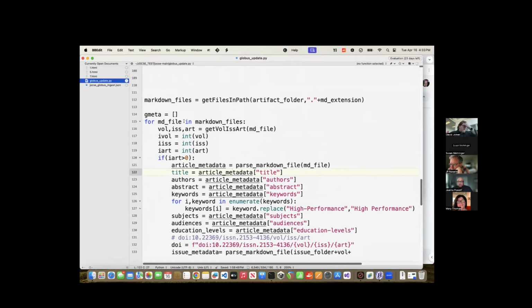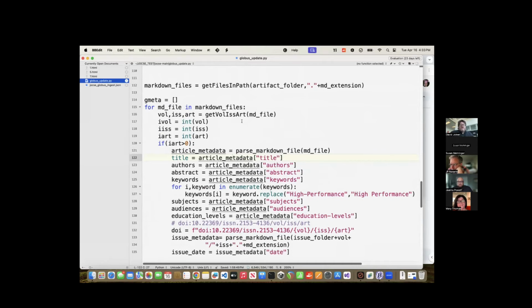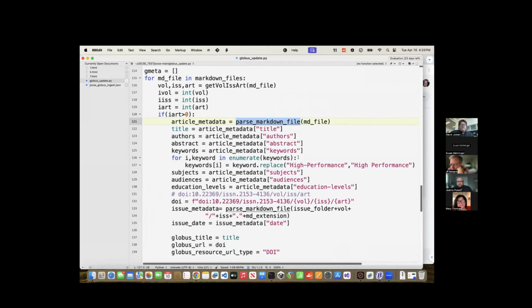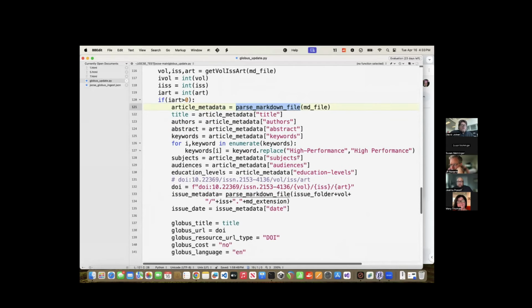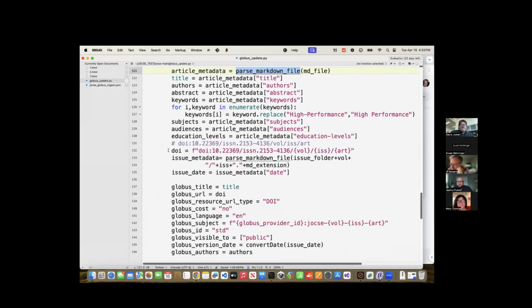I won't bore you with all the details of every aspect of the Python code, but in general, we use the OS path option in Python to get a list of everything we wanted to process. I wrote a routine internally to go through and handle the parsing of the not quite YAML header files in all of our Jekyll files. Pulled that out, stored them as variables, accounted for things where formats were slightly different,